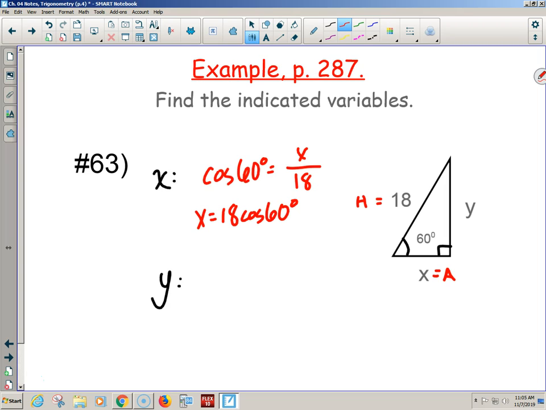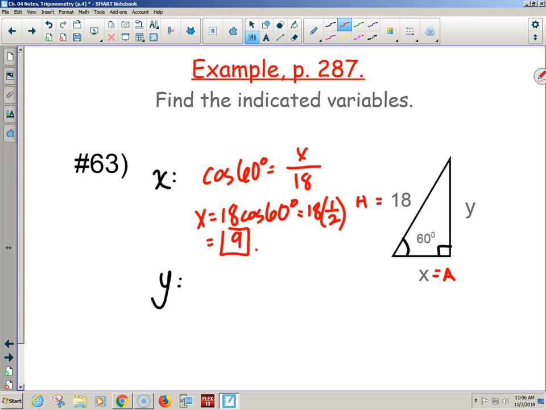Would there be a cheater chart on the non-calculator portion of this test? Use a cheater chart. Why cheater chart? Isn't it 60 degrees, 30-60-90, 45-45? It's one of my special ones. Yeah. Would you guys be able to say that this final answer is 9? Why? It's 2. 1/2. Wait a minute. So we need to be able to do some mental math? Hey, where's the 60 go?